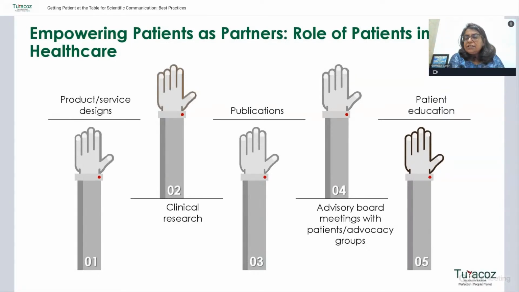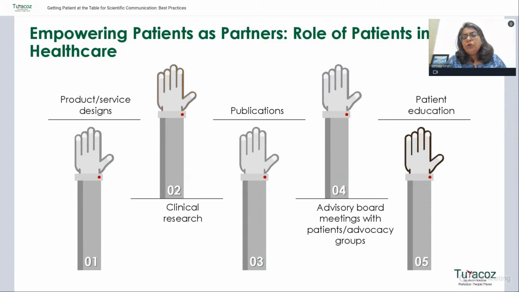Second is obviously clinical research. We talk about poor enrollment, patients not showing up, missed follow-ups, patients who don't come after some time, or discontinue the treatment in between. All this happens probably because they are not aligned with the whole goal of the clinical research, what we are trying to do, and what impact it will have when we get the drug approved, or get the drug to the market.